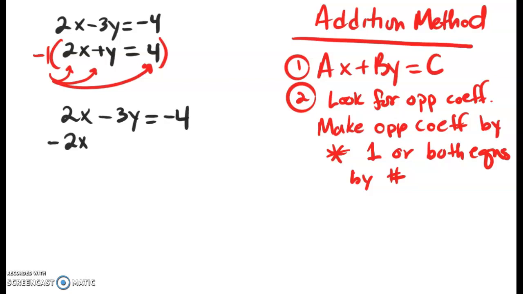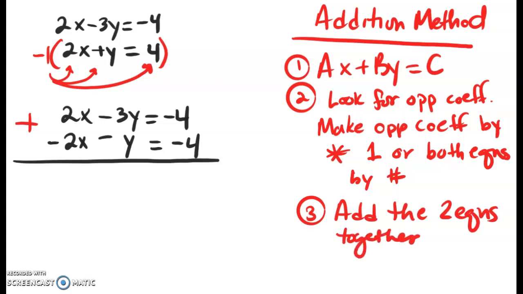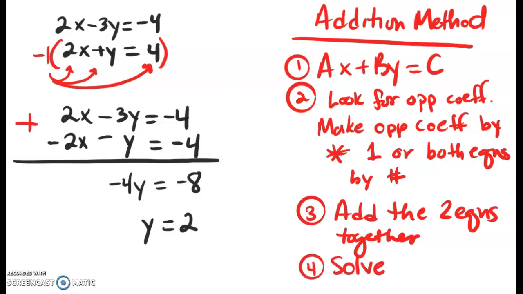And I rewrote the first equation, and now I'm going to multiply that negative 1 out. After I do that, I'm going to add the two equations together. And I will end up with, this will be 0x, this will be negative 4y, and this will be negative 8. And now I solve the resulting equation. Negative 8 divided by negative 4 is 2. So solve, and then last step